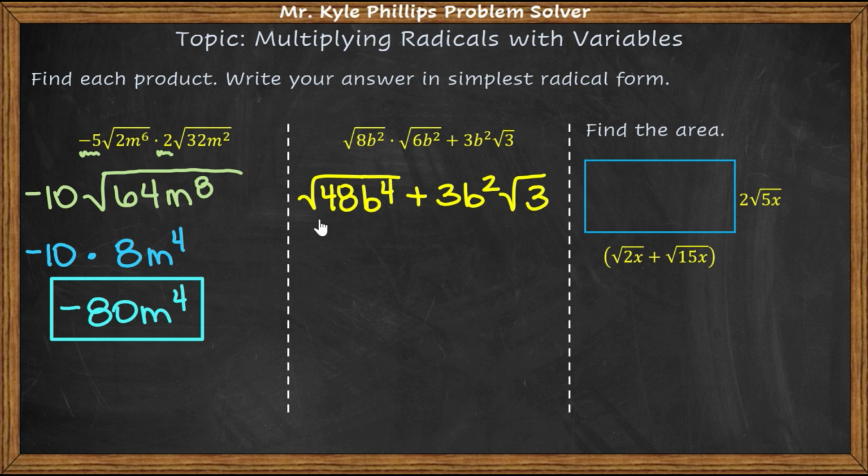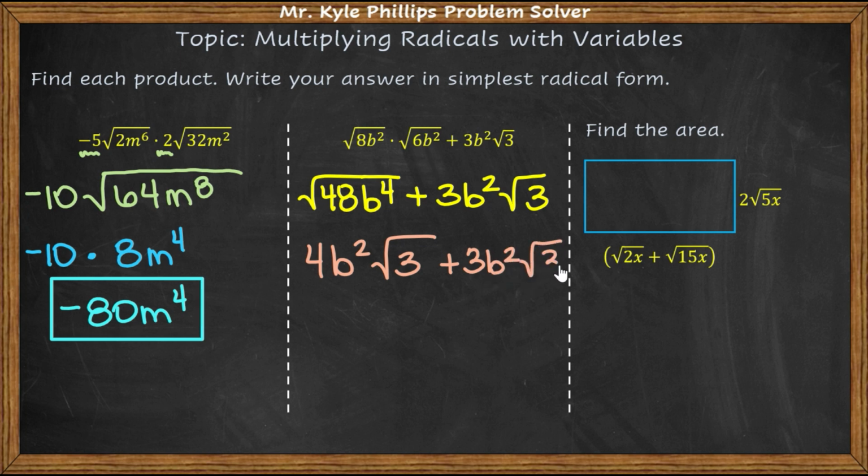And we will add 3b squared root 3. Now we're going to simplify this radical here. So I'm going to look for the largest perfect square that can go into 48, and that is going to be 16. So the square root of 16 is 4, so I have 4. B to the 4th, 4 is an even number, so I'm going to divide that by 2. So this would be 4b squared, and I'm left with 3 underneath my radical, plus, and I'll bring down 3b